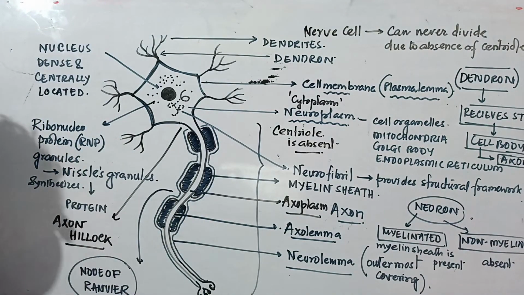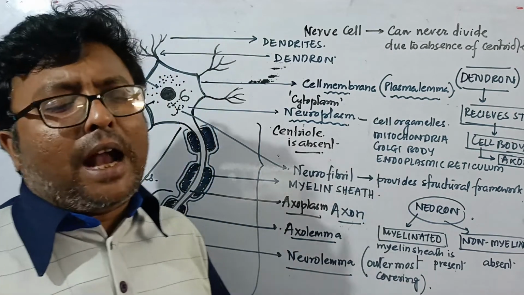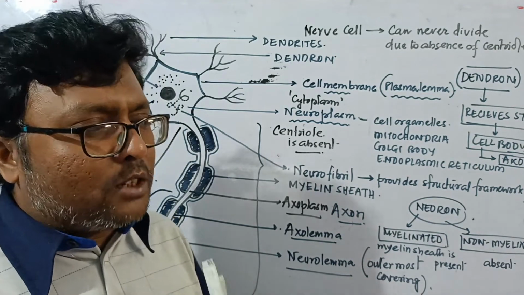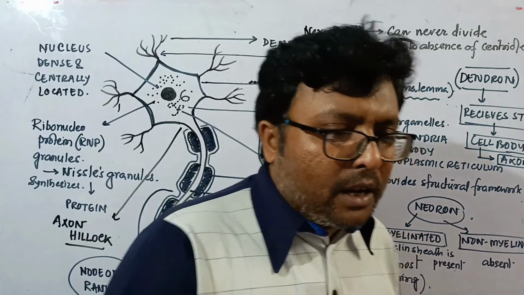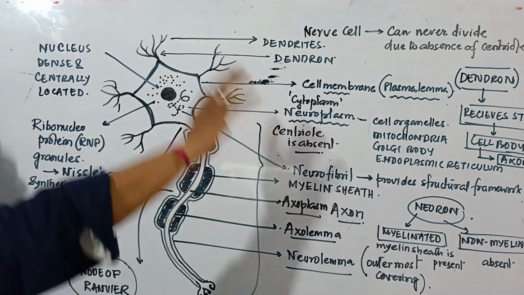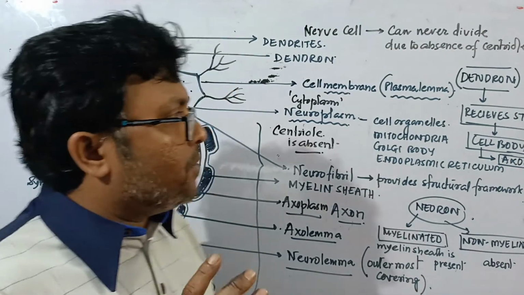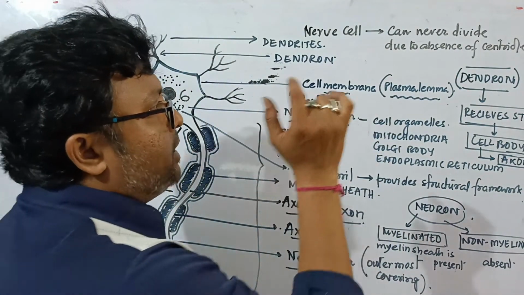So what is the function of this myelin sheath? What is the function of this layer of fat that gets deposited outside the axolemma? Okay, we will discuss the function of the myelin sheath. Before that, tell me if there is anything to ask about this structure. Before that, let me say once again that as you can see this dendron,